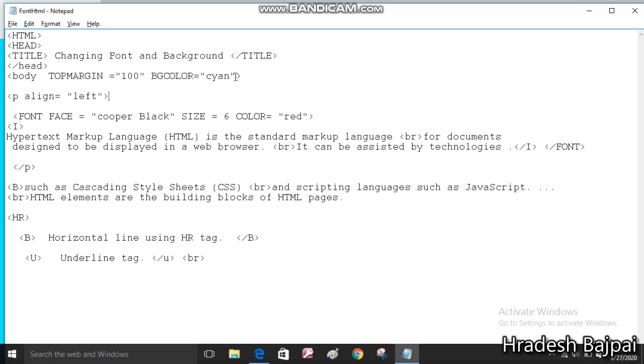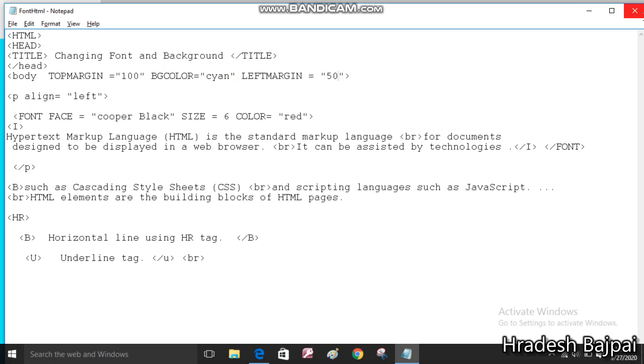You can use other types of margins also, like left margin. There is no space between left and margin, so leftmargin, then you will write equal, and then you will specify the value. Same value I'm applying here. No, 100 is more, so I'm using 50.